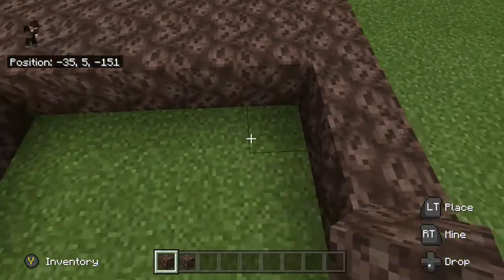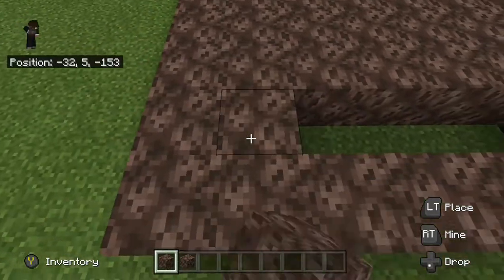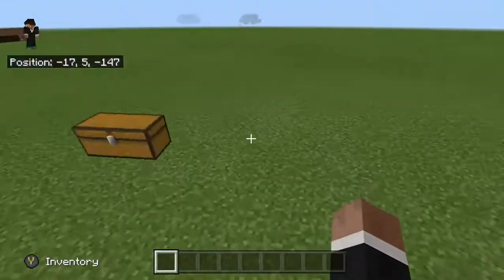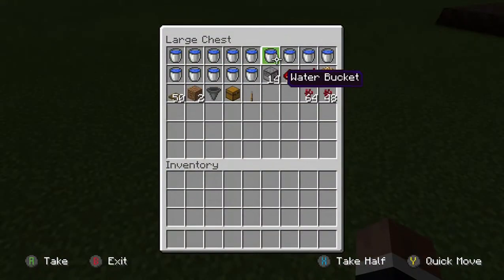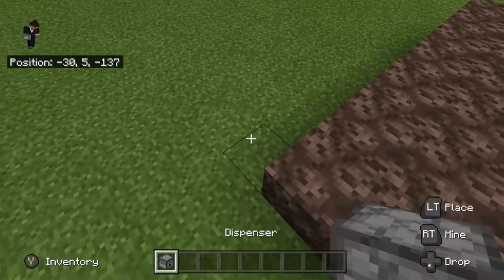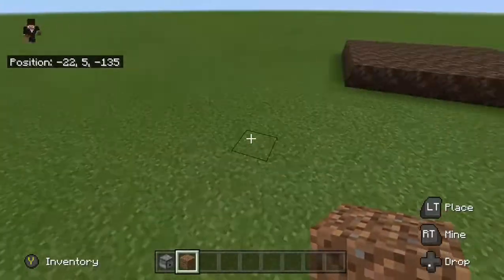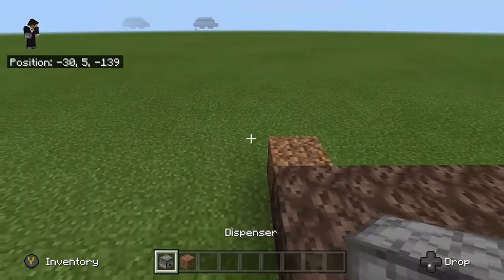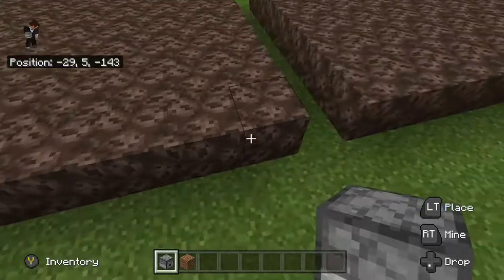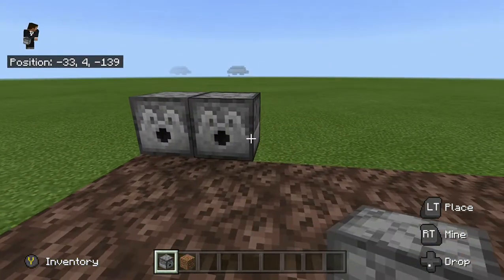Now you can place your nether wart on top, but I would not recommend it, just because for this one, you might want to test your system. So if we get our dispensers, we need to actually get a block here. So you need to just place your dispensers like this, just like so, facing inwards to that 1 block gap in between them. So if we do this, just like so,